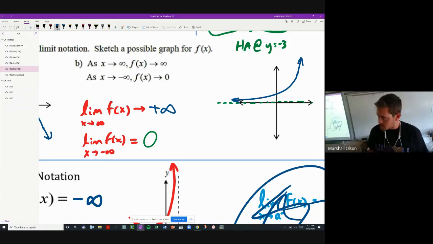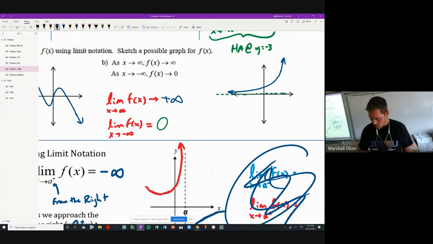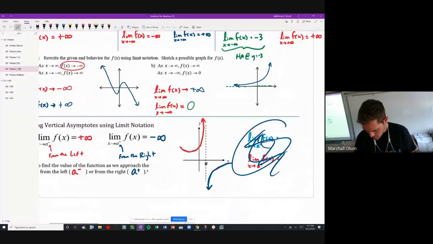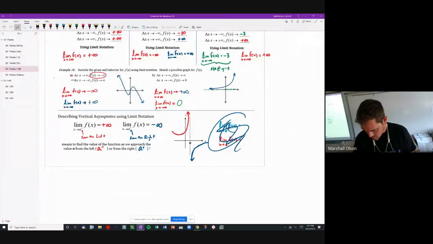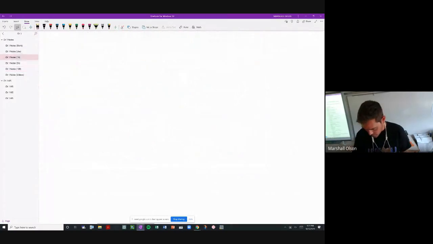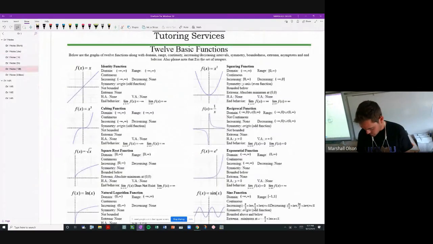So here's a nice thing about 1.3, especially if you're at home, is we're not going to be doing a ton together here. There's going to be a lot of work time on even filling the notes out. What you need to do